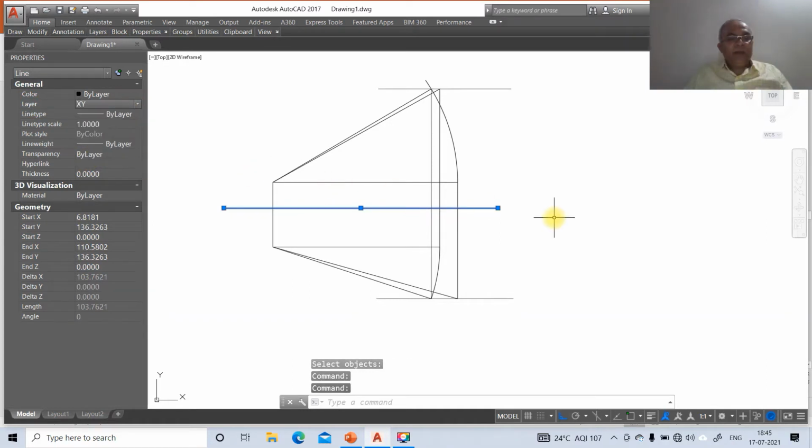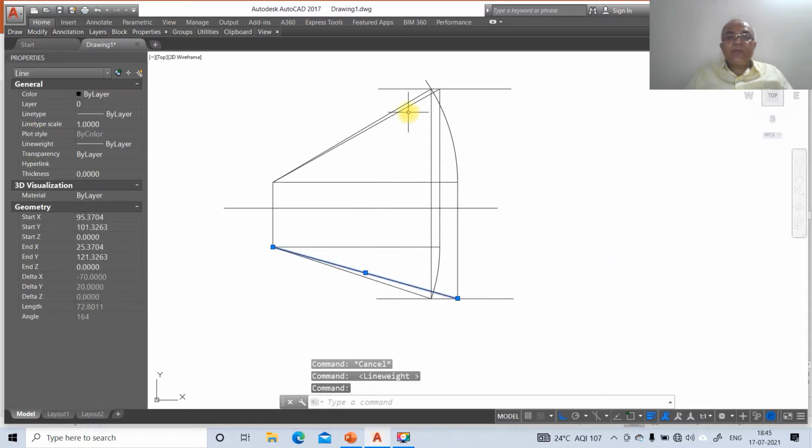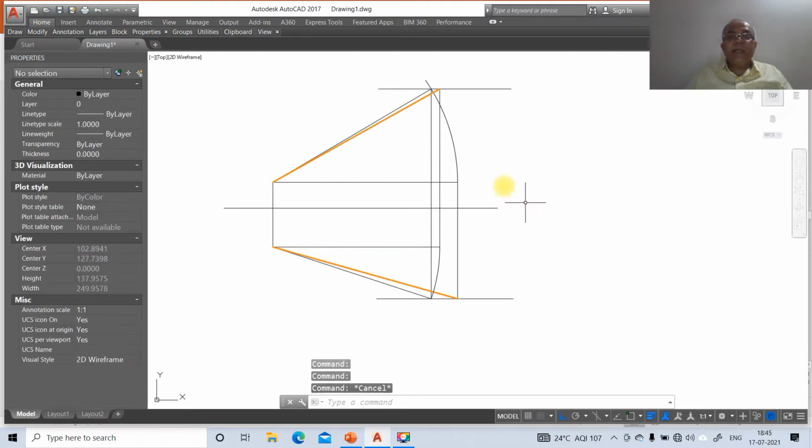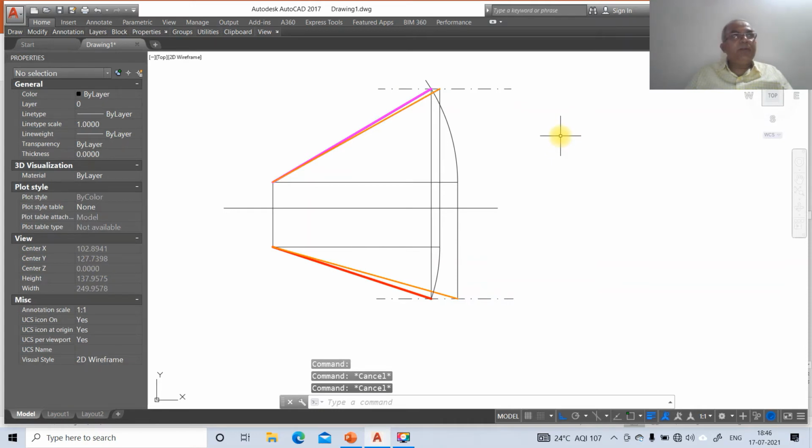Now we will go for, click on this, go to layer, you make that layer as XY and escape. Now you go to line weight display on, you select the true length of these two, and then go to layer, make that as true length line. Then escape, then you click on this and you make this layer as front view, and then you click on this, make the layer as top view, and then escape. Then you click on this and you click on this, go to layer, make that layer as locus layer, and take the line type scale factor as 10. So once you do that, now the problem is completed.